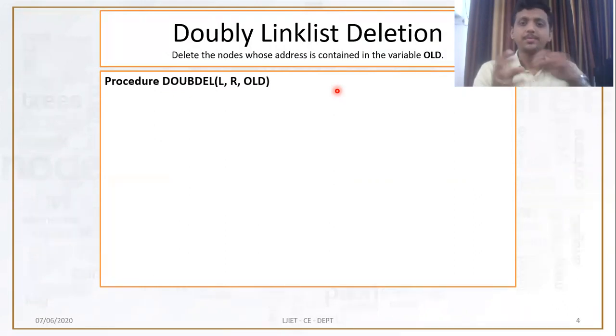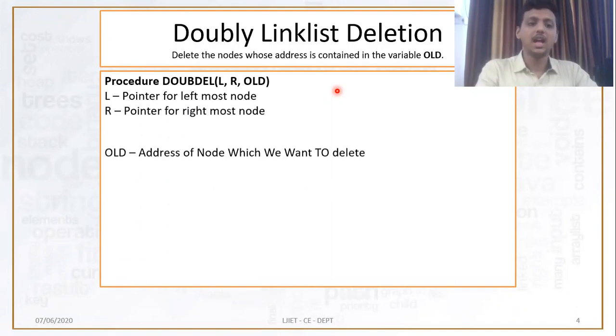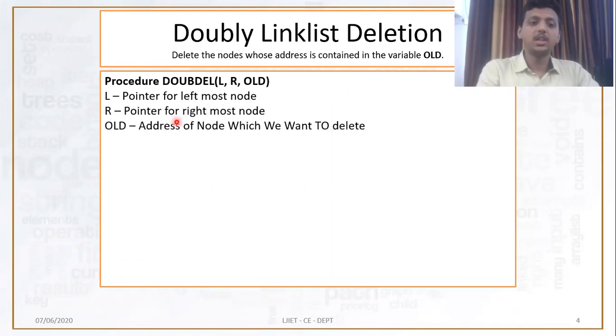Old is a pointer which points to the node which we want to delete. So L, R, and old. Old is the address of the node which we want to delete.